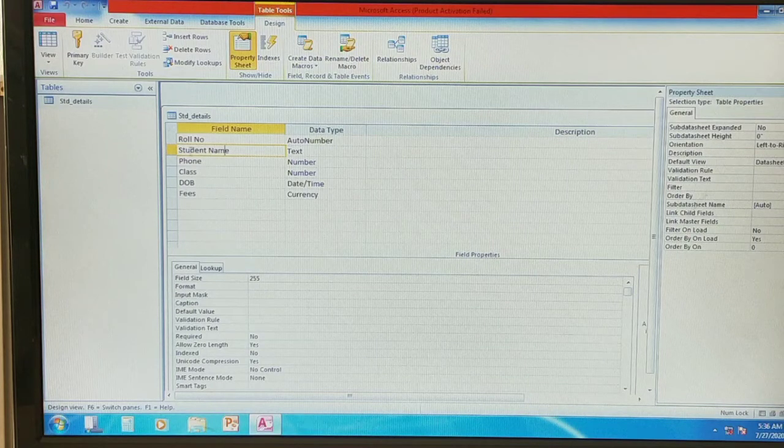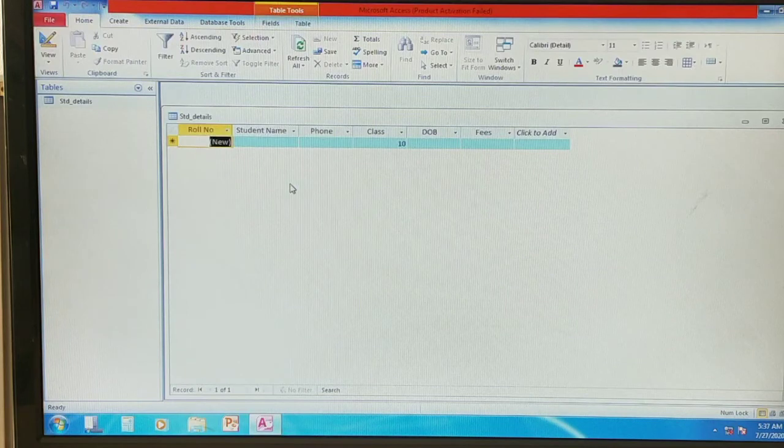It means that particular field is made a primary key. You can observe the symbol comes here, right? So the student name field has the primary key. Now we can save the table.